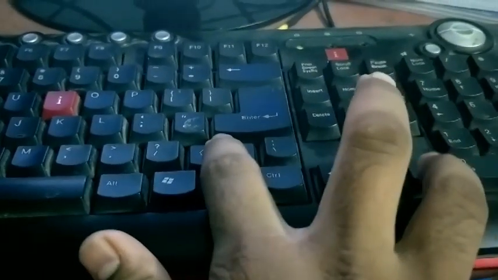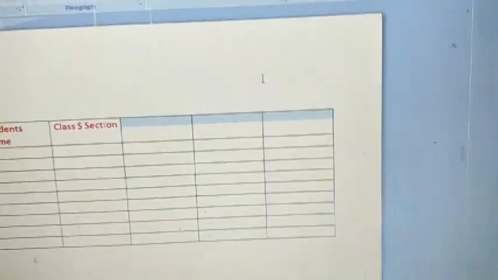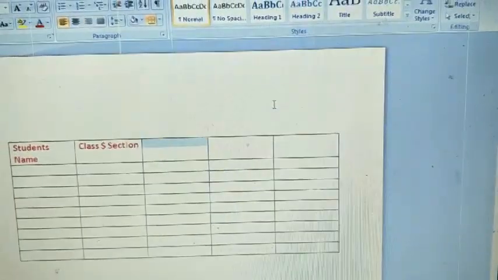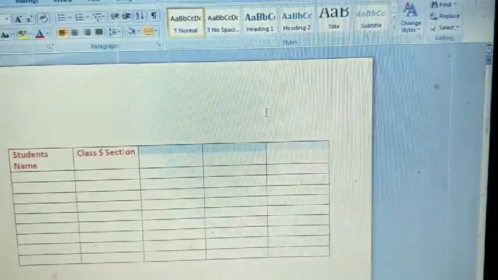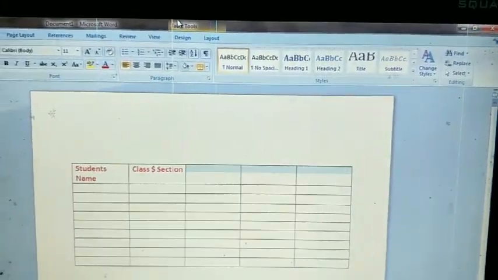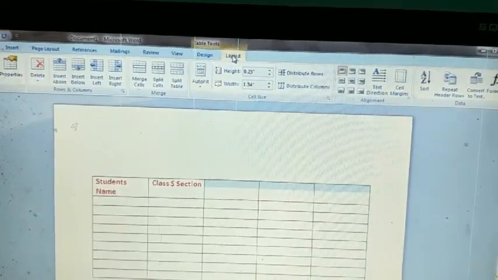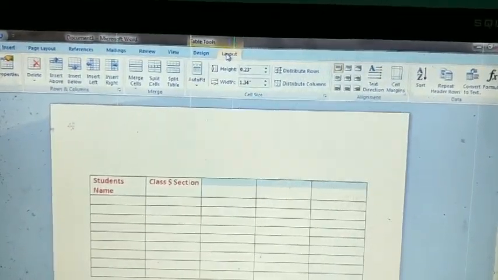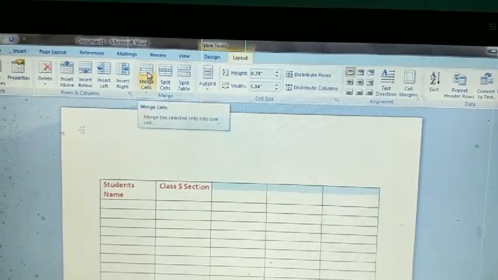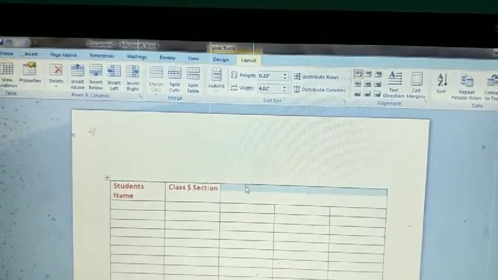Press shift key and right arrow key, then it will select. After that click on the layout option, choose merge cell option, then you can see it will merge.